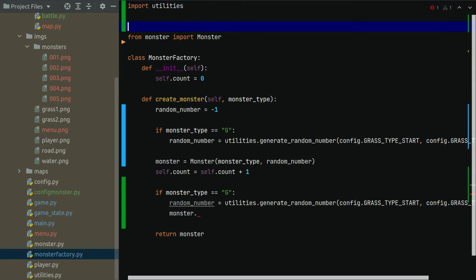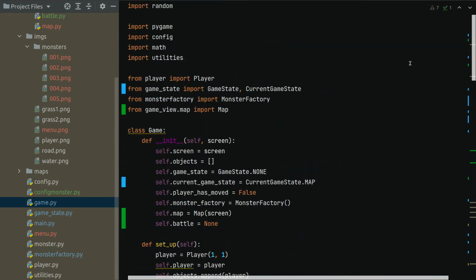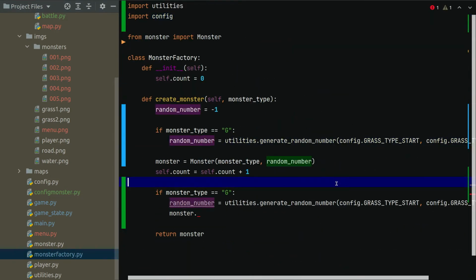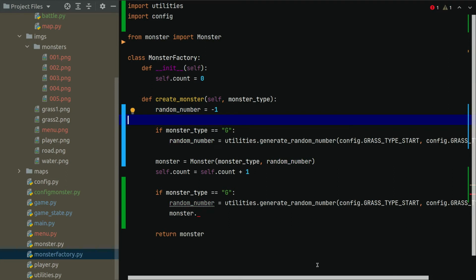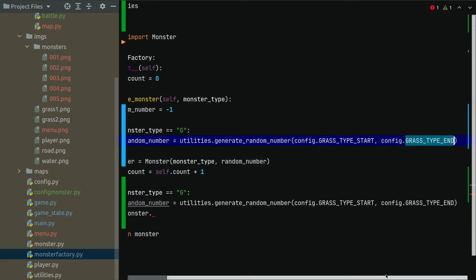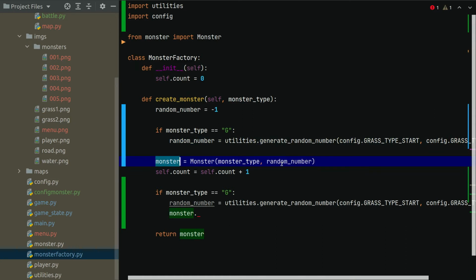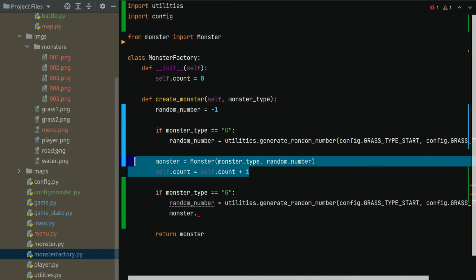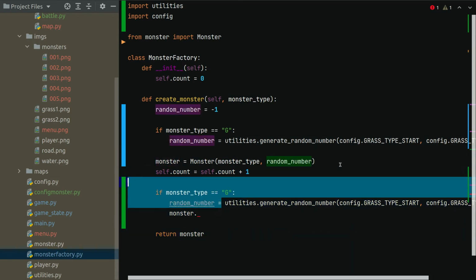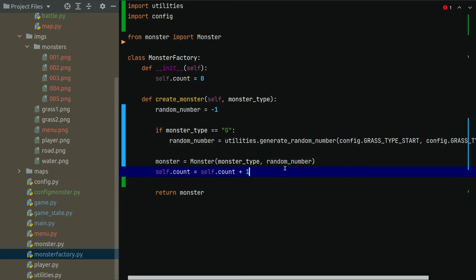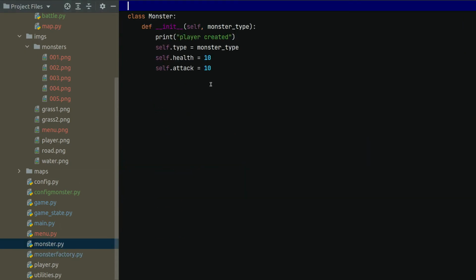So now we need to import config. Okay, so what's happening? We initialize this random number to -1, which means no monster type. We say if it's a grass, we're going to randomly generate a monster between 1 and 5. And then we're going to create the monster and pass that random number in. We don't need this anymore. Okay, now in our monster object,